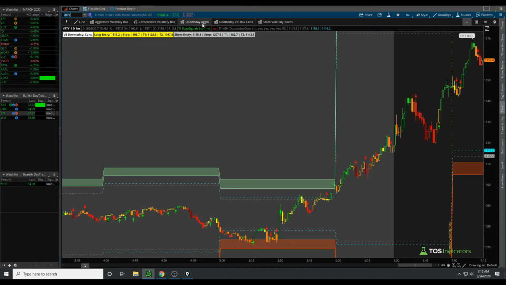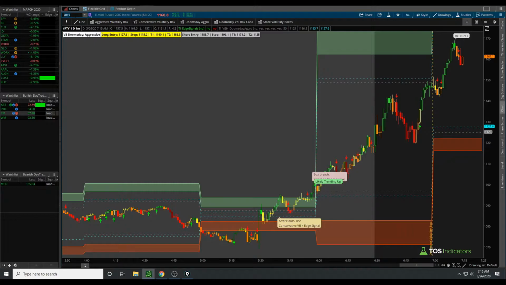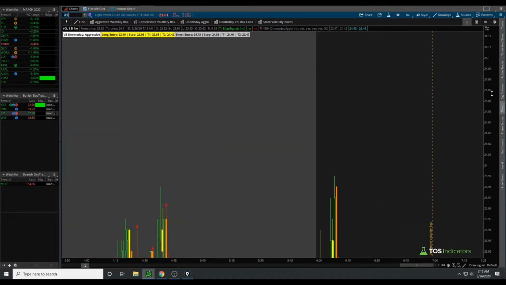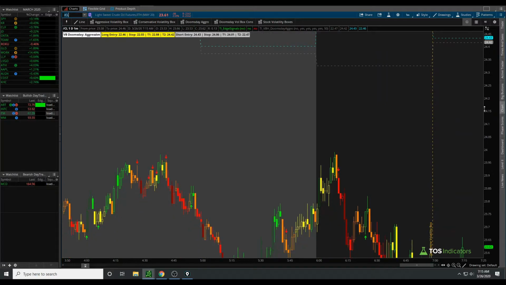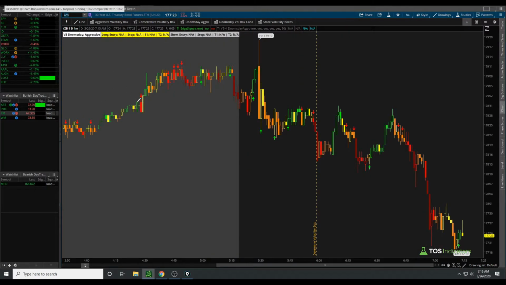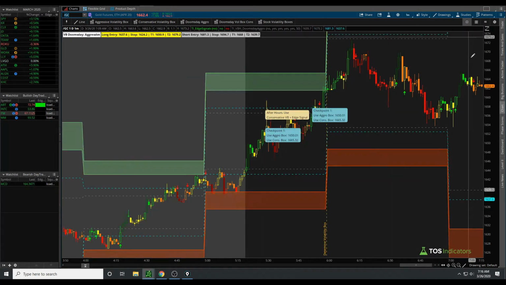Now, if we come on over to our Russell, we'll repeat the same thing, nothing on the Russell, go on to crude oil, and same thing on crude, right? We didn't breach either side's lines. In fact, we didn't even come close to breaching either side's lines. Then we'll move on to the bonds. Similar story here on the bonds, and then gold.